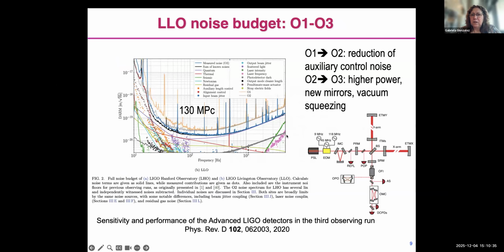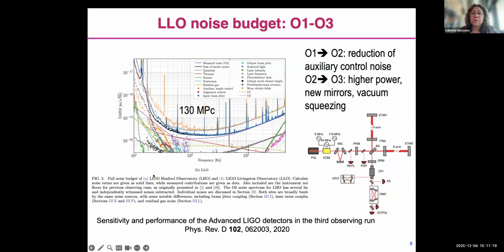Now, again, going back to the noise, from 2015, when we had the first observing run, to the second observing run, we reduced the noise a lot at low frequencies. This is LIGO Livingston, and you can see here. And when I say we, I didn't do anything. When I say we, I refer to the people on site, scientists on site, graduate students, fellows on site. So this is the noise we had in O1, and you can see how much smaller we got it in O2. And that was mostly due to really going after many of the control loops, the noise introduced